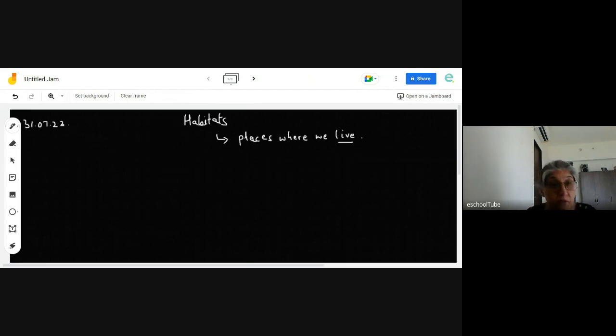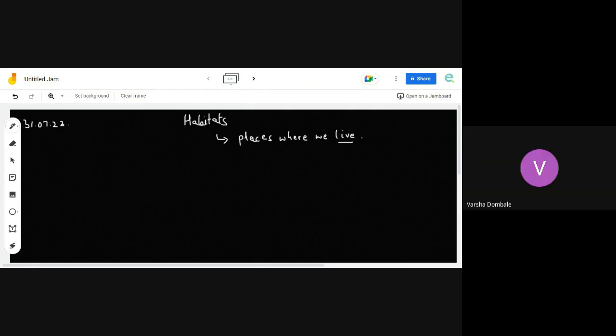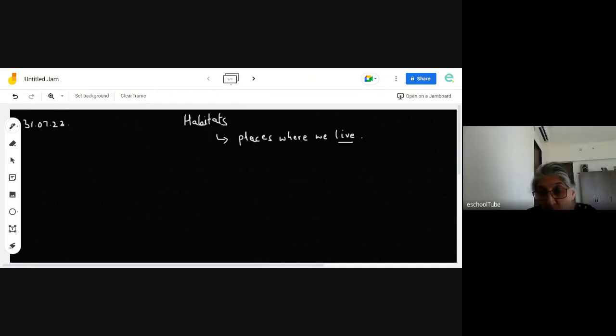We could live on land. Land could also be of different types. We could live in water. We could live in air. So all this land, water, air, all these are called habitats. Now, what happens when we live in each of these areas? For example, when we talk about just land, what do we have? We could have dry land